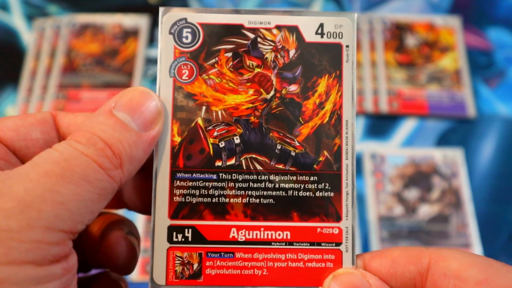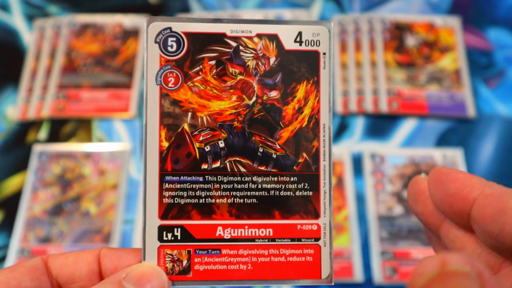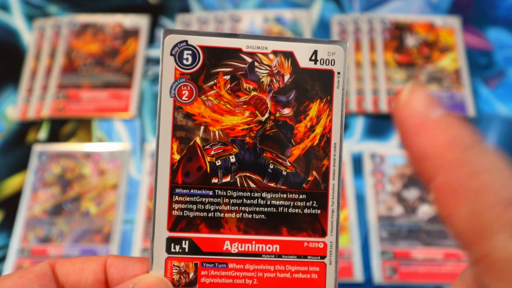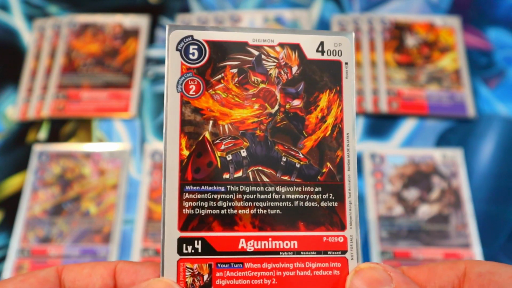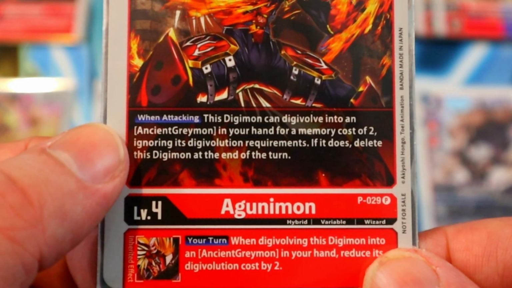Now, unfortunately, he's the only one here that can only digivolve off of a level 3 red. He can't digivolve off of Tamer. It is kind of annoying. I really wish he could, but that's just how it is. He's just really good, and we need 4 of him anyway, because he's got this 1 attacking effect that says